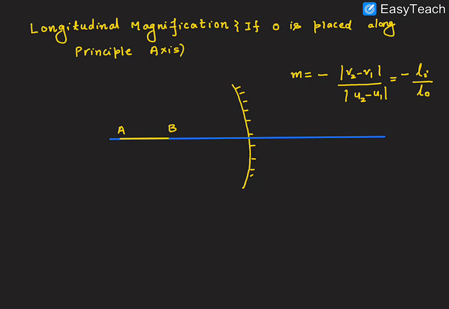So we have this formula for longitudinal magnification. This term represents the length of the image and this term represents the length of the object. Means there are 2 points, right, A or B. This will be your UA and you have to find corresponding VA, and this is your UB and you have to find corresponding VB. So you will have 2 image distances and 2 object distances, and v2 minus v1 represents length of the image divided by length of the object, and this minus sign is for